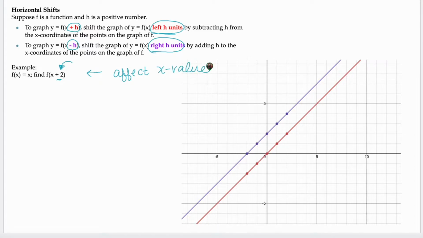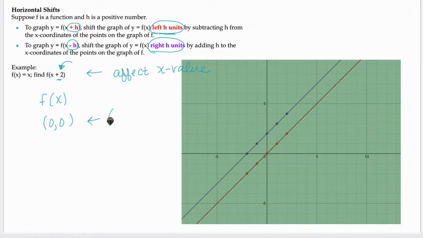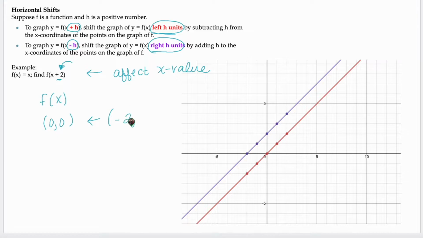So in my original equation, if I had f of x, we started with the point 0, 0, and if I'm going left 2 units, again, that's affecting my x value, so I'm now going to be at negative 2, 0, will be my f of x